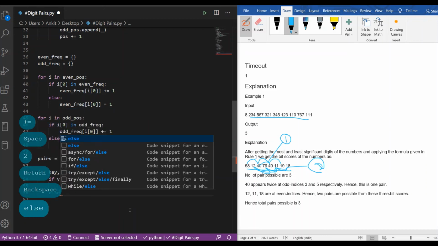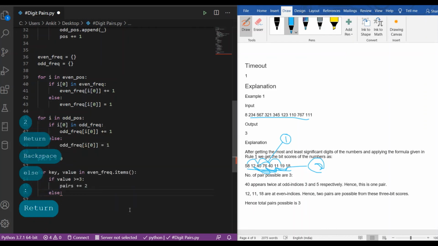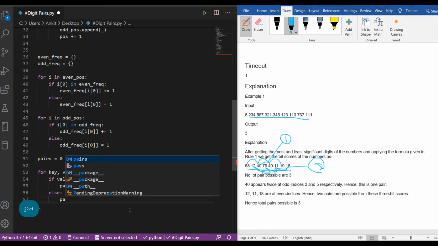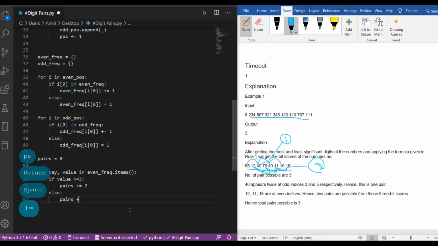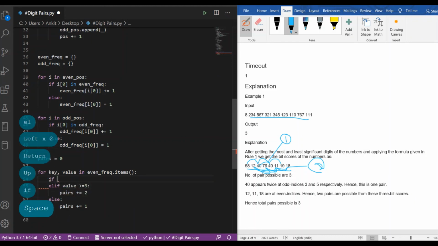else we will increase the number of the pairs by 1. But we haven't left one condition, that was if the value is less than or equal to 1, means less than 2, then what will happen?